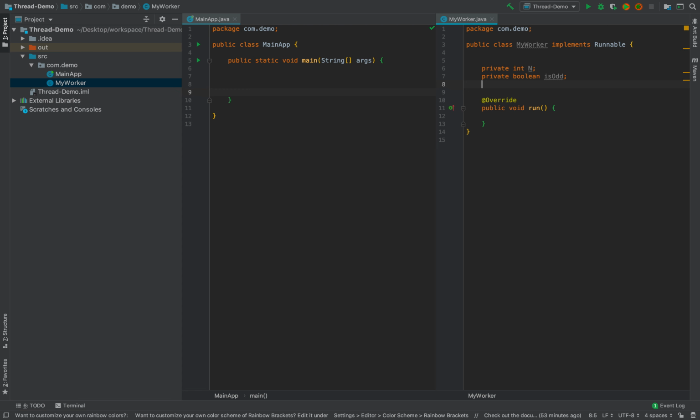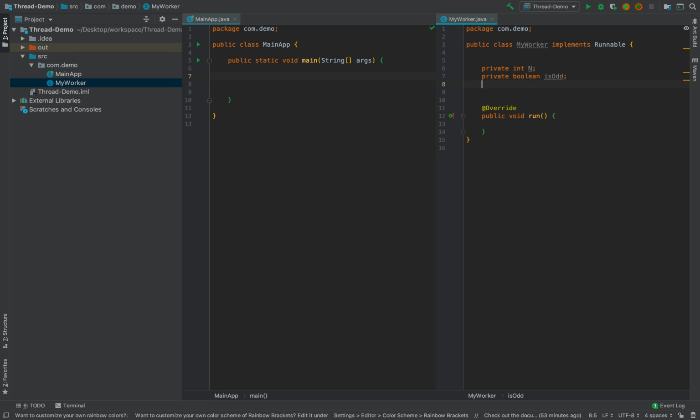And the most important thing is, first of all, we will create two threads. Those two threads will be working, and those will be this my worker thread, and we will start those two threads. There will be an even thread and an odd thread. Once the odd thread is writing, it will write one number, then it will wait for the even thread to write the other number. When the even thread has written a number, then the other will work. So they will work one by one. It's like a mutual exclusion kind of thing.